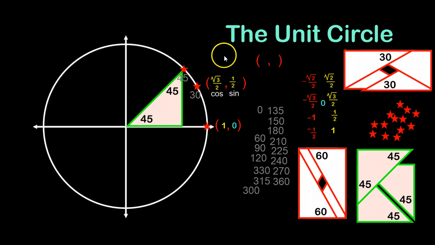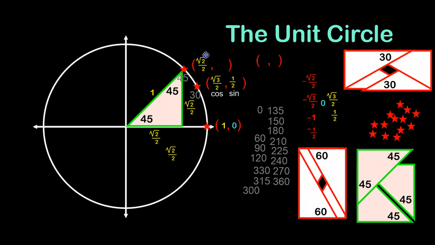And so what are the cosine and sine values there? Well, remember, our hypotenuse is 1, and that means that the side lengths of the legs of this 45, 45, 90 triangle are both going to be root 2 over 2. So the cosine of 45 degrees is root 2 over 2 over 1, and the sine of 45 degrees is also root 2 over 2 over 1. So they're both the same. Both of these values